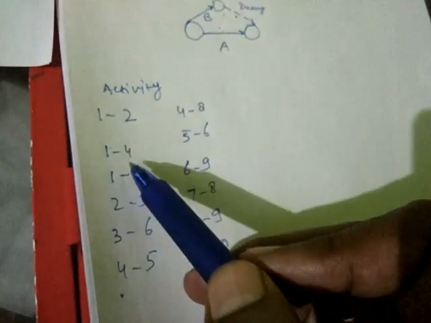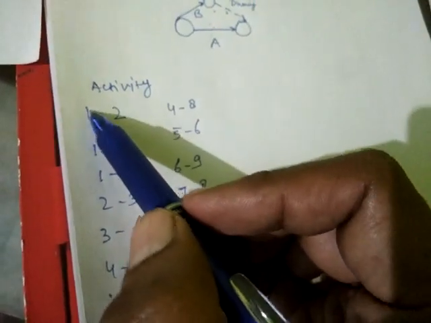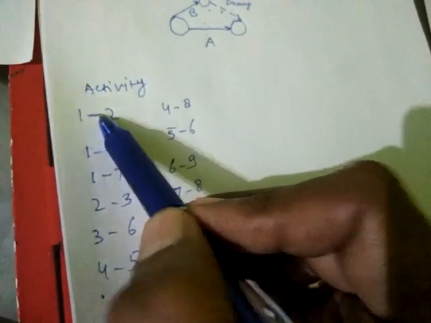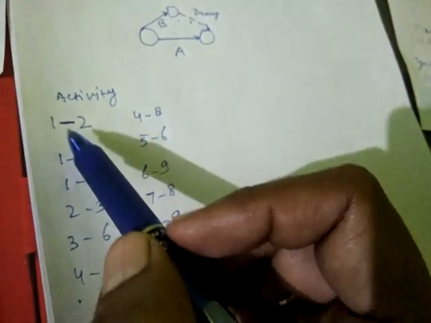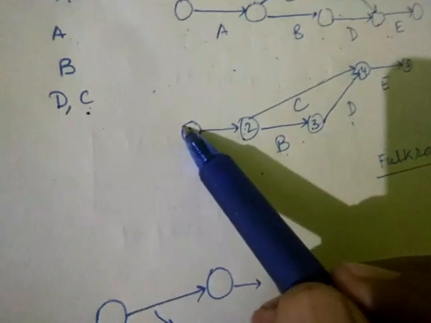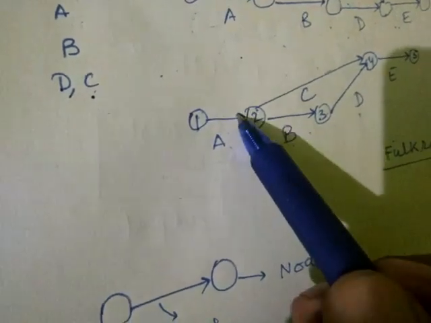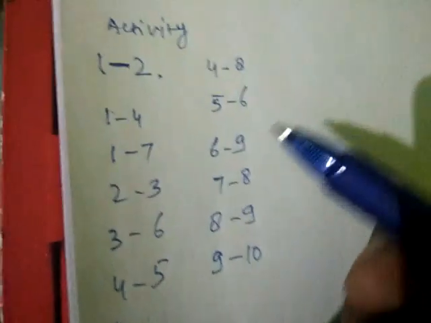9 to 10. So here data is given in a different format. Instead of activity A or activity B, instead of giving it that way, it is given in the form of events. So from 1 to 2, like you can say in the diagram, activity A is 1 to 2, activity B is 2 to 3. In this way the data is given, and now just try to make your network diagram,